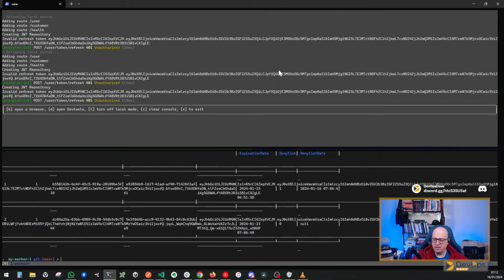We could blacklist any given access. So every access token should be attached to a refresh token now. Right, so if every access token is attached to a refresh token,